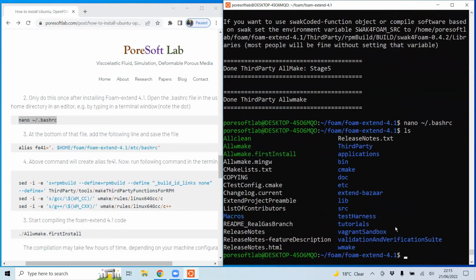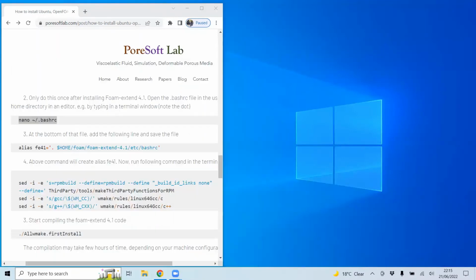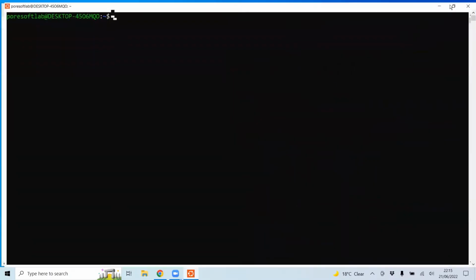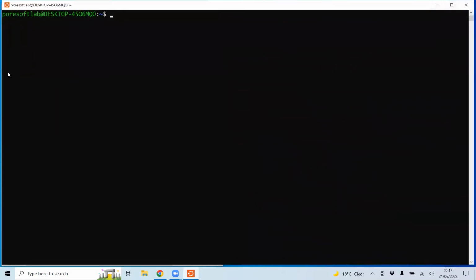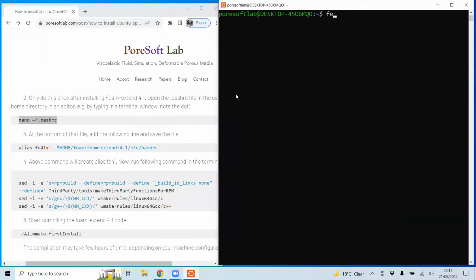Now the compilation of foam extend 4.1 is complete. To check whether we have installed it correctly, we'll close this terminal and open a new terminal. In the new terminal, we give the command FE41.